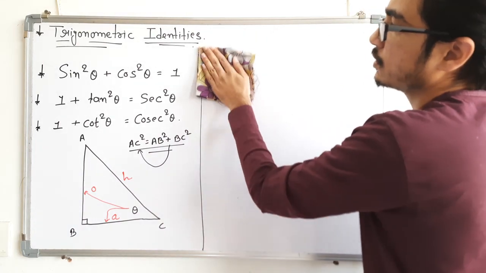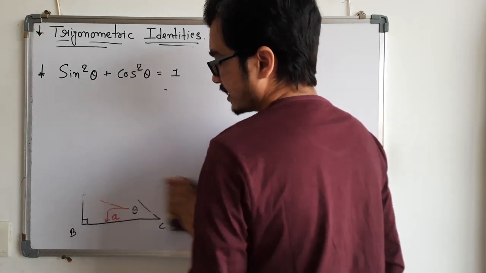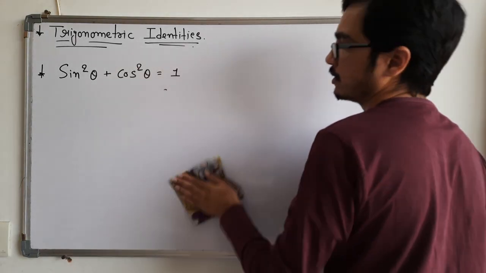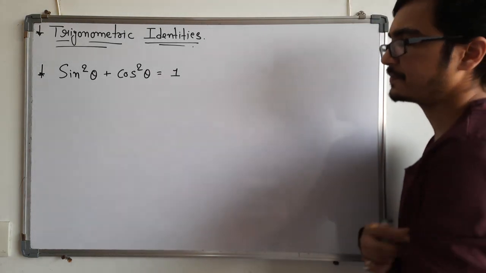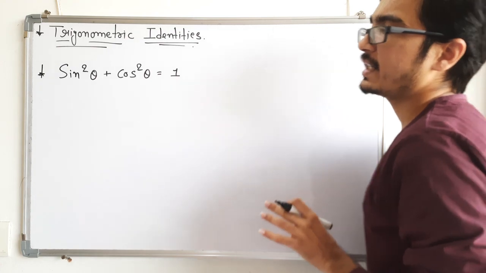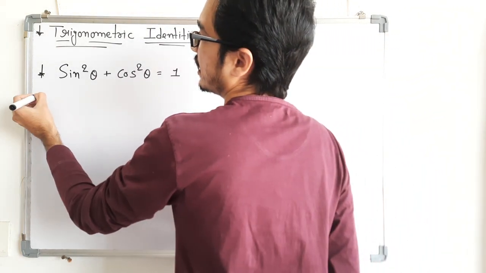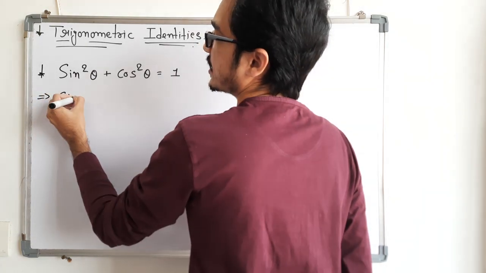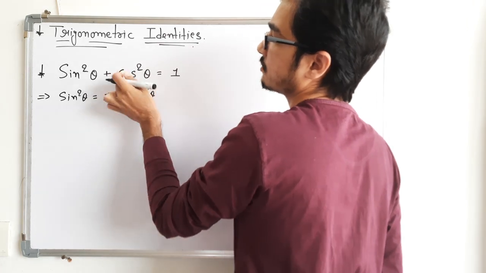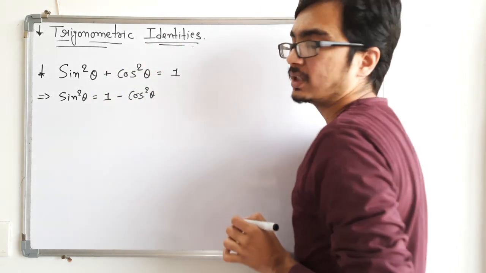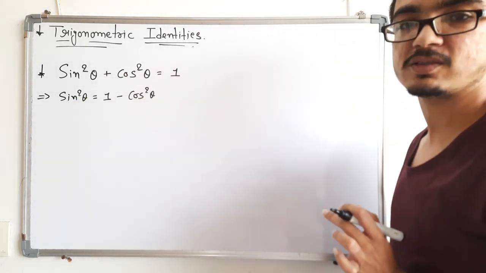So now before we proceed with the exercise, let us have some of the uses of identities and different formulae. Here the identity is sin square plus cos square is equal to 1. From this I can say that sin square theta is equal to 1 minus cos square theta. Cos square shifted to the right hand side, then we will have the value of sin square theta equal to 1 minus cos square theta.